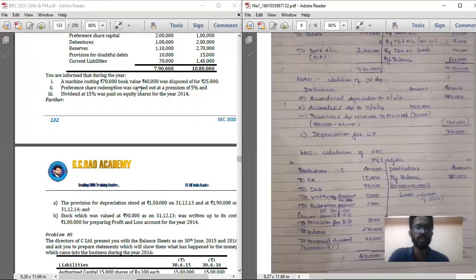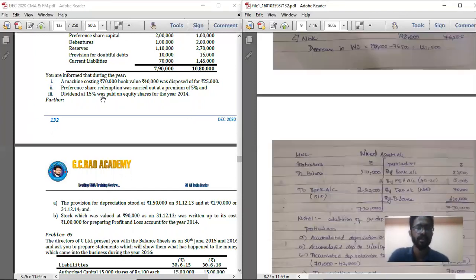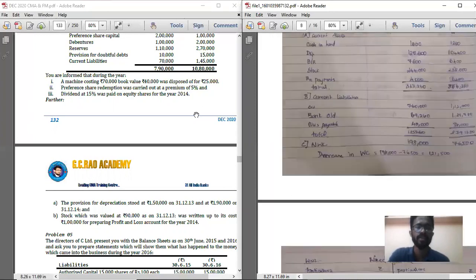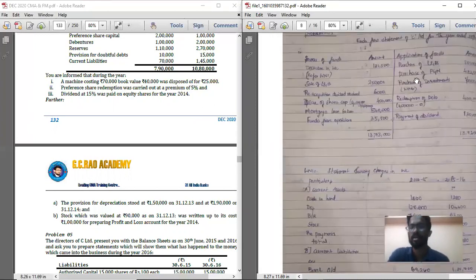So with that we have calculated the balancing figure. Then they have given preference share redemption, so it is redeemed at a premium of 5%. Just come to the application of funds. There, redemption of debentures, how much are you redeeming? 4 lakhs. On that 4 lakhs,